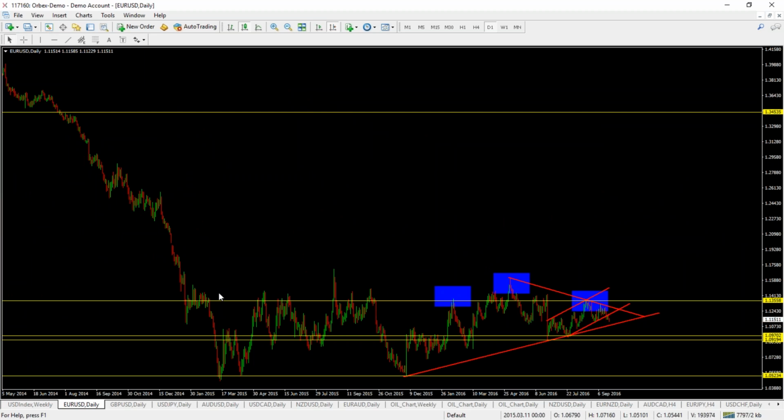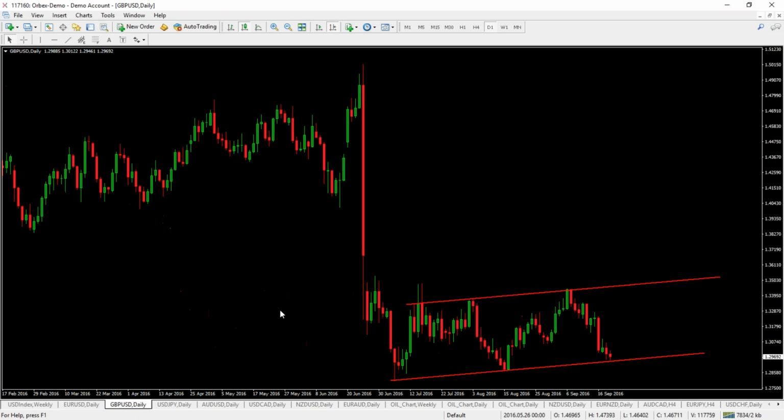Now, one thing to bear in mind is that this 113, this late 113, 114 level, you can see has been a really important resistance level for the euro over the last year and a half. So you can see that nearly every time we've traded into this level, we've seen a sharp reversal coming shortly afterwards. So this is a really important technical level for the euro, and if we can see a sustained move above that level, then this is a very important technical development, portending further upside in the euro. So those are the levels I'm looking at with the euro. Let's move on then to look at cable.